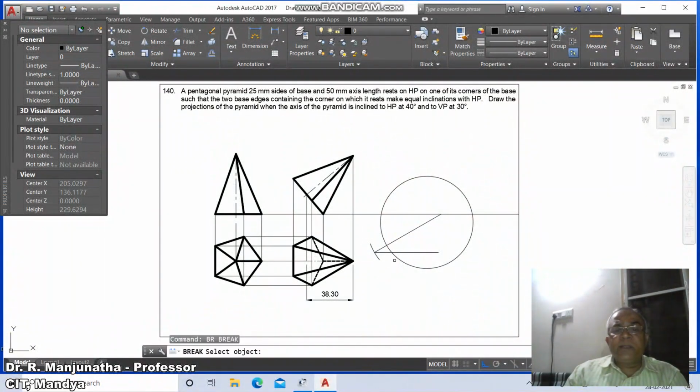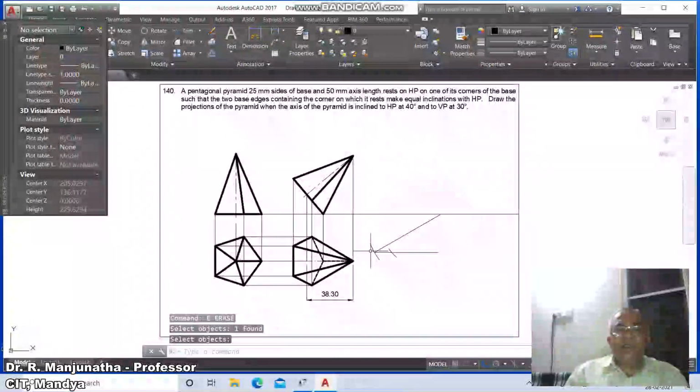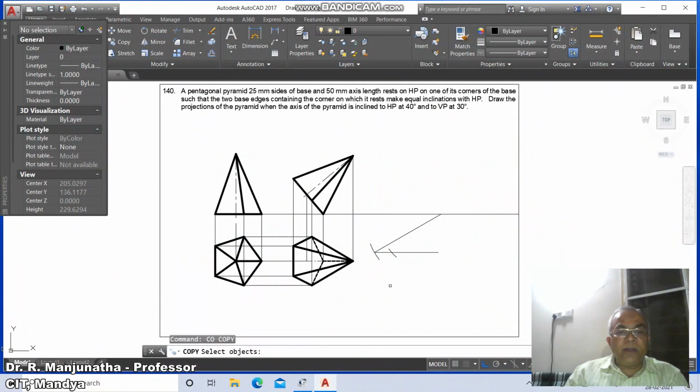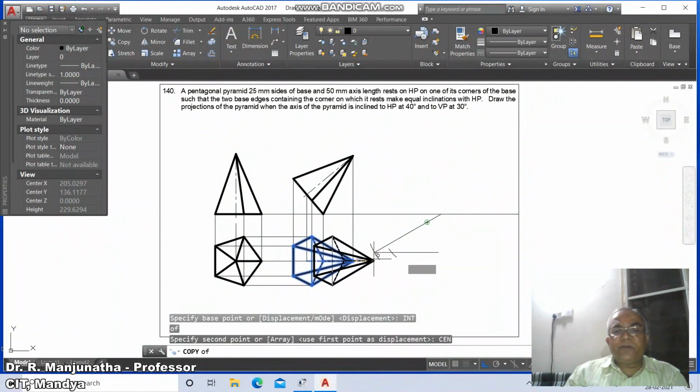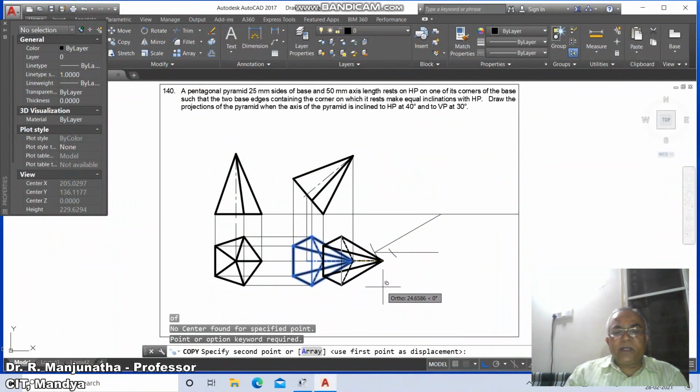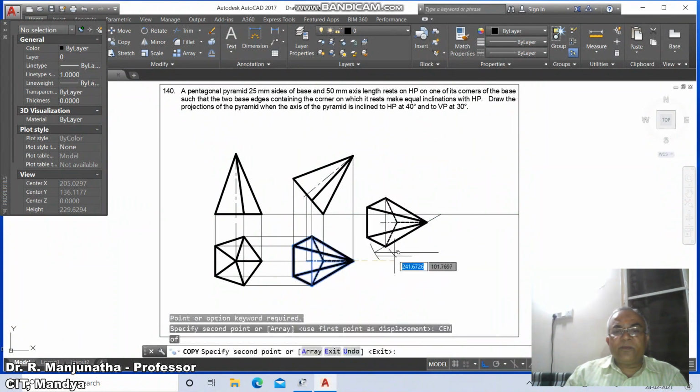Then go to break, select between these two, and break this in the anti-clockwise direction. Then go to erase and erase this. Now we are going to move or copy this reference with the intersection point of this, and take the center point of this and the center point of this line.